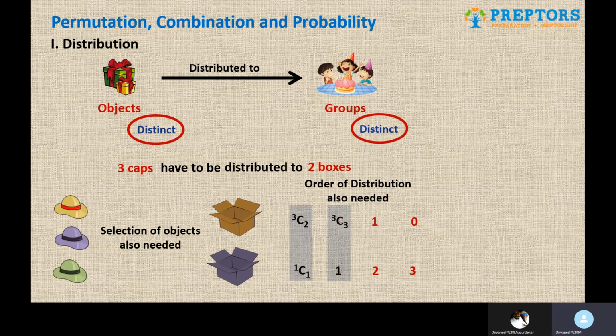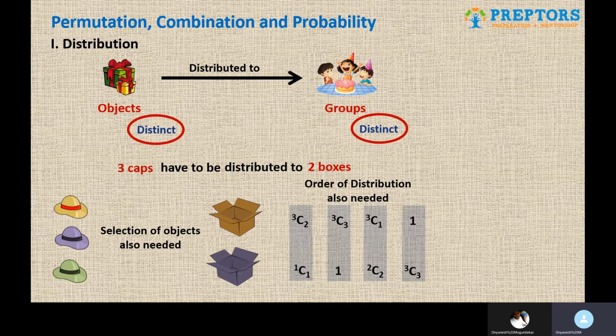Third scenario, brown box gets 1, which is 3C1, and purple box gets 2, 2 out of 2, that is 2C2. And the fourth and the last scenario, brown box gets 0, one scenario, and purple box gets all 3, 3C3. You will need to simplify all those values, right? Brown box and purple box, you will need to multiply all of them, and then you need to add the four standard cases. And this is why it is one of the toughest scenarios.